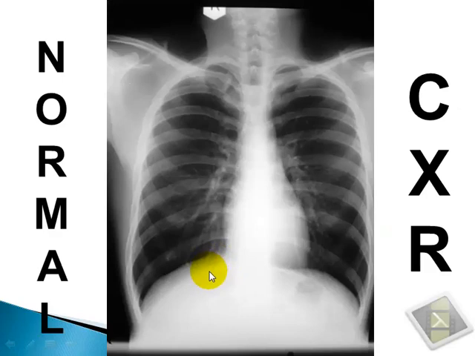A wonderful chest x-ray. It looks amazing. You can see the costophrenic angles, you can see the heart shadow, you can see the very nicely lucent lung field. This lucency comes because of the air. Now if the amount of air in the lungs goes down, and when can that happen? The amount of air in the lungs may go down when